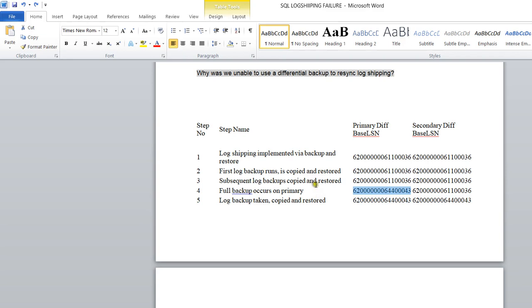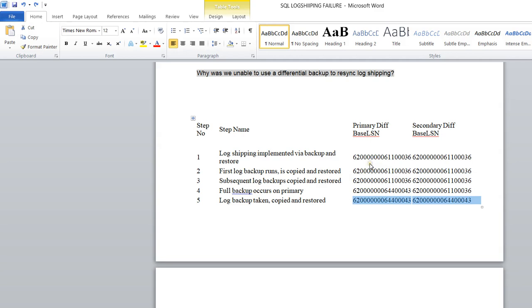You can see 0043, but the same LSN is not replicated on the secondary. On the secondary it was previously only 0036. Once in step 5 the log backup is taken, copied and restored on the secondary, the LSN matches the primary. As you can see here, 0043 on the secondary as well.